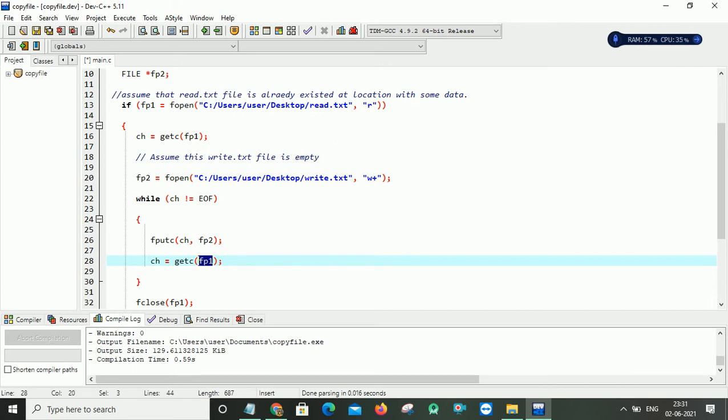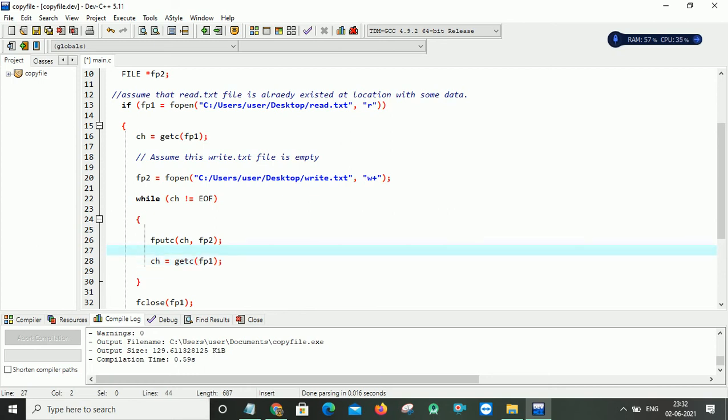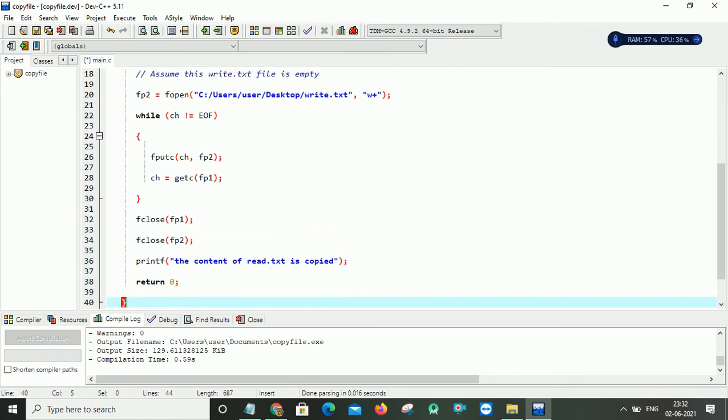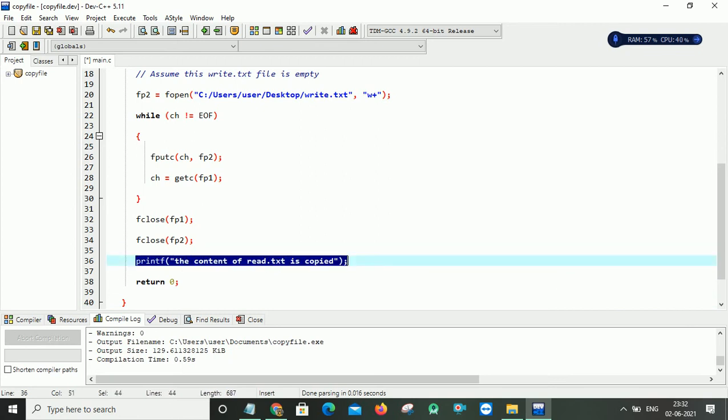So what's happening in your while loop, you read character by character from file 1 and copy into your file 2 by using this fputc function. Then after that you have to close your first file first, then the second file. Here I have written a printf statement which gives you an acknowledgement like, the content of read.txt is copied.